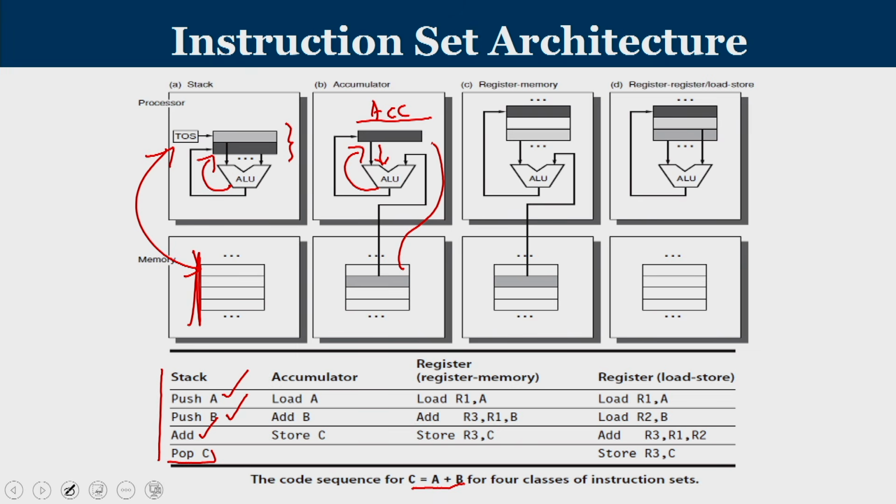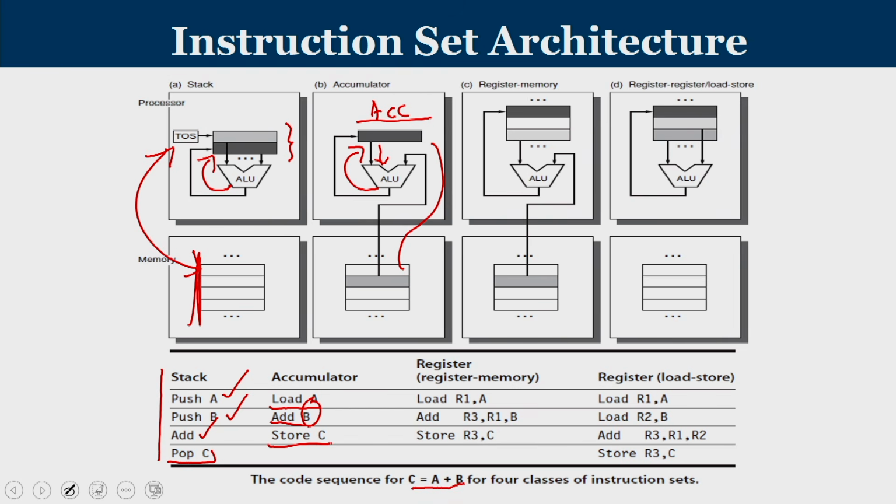In order to do the same instruction C equal to A plus B, first we load A. Load A means the content of memory location A is transferred to the accumulator. And then we perform add B. While you perform add B, the content of the accumulator, that is A, is added with the content of memory location B. So, always the operand that you specify in accumulator architecture is the memory location, add B, and then we will perform a store operation. In the case of an accumulator architecture, the result of an ALU operation will also be reflected inside the accumulator, and store C means it will transfer the content from the accumulator back into the location C.